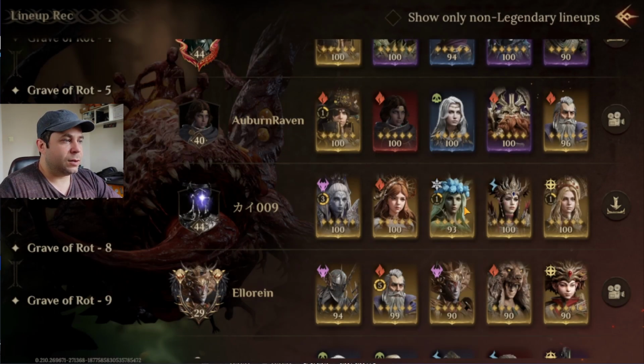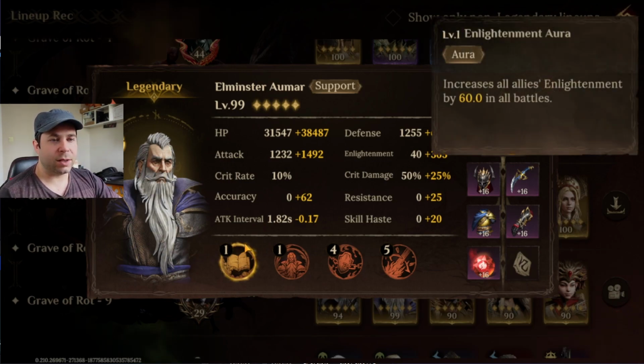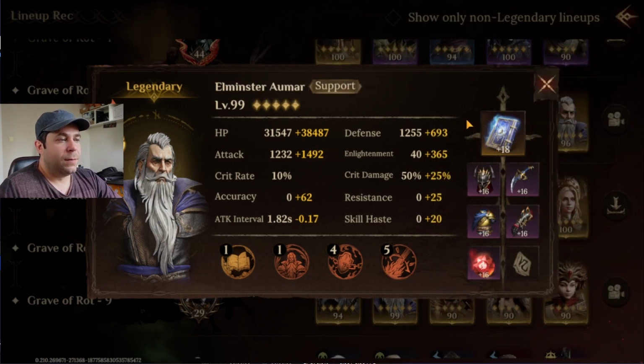And the previous one was having 365 alignment. This is a huge amount of alignment. If you also put the aura that is giving 60 alignment for all battles, this is a huge amount. This is a huge amount of shield and a huge amount of damage, since he also has 100% chance to attack, accuracy penalty and attack penalty, but also 5000 alignment of fire damage. This is huge. So this Elminster Aumar is like a year before the other one, but we're going to check